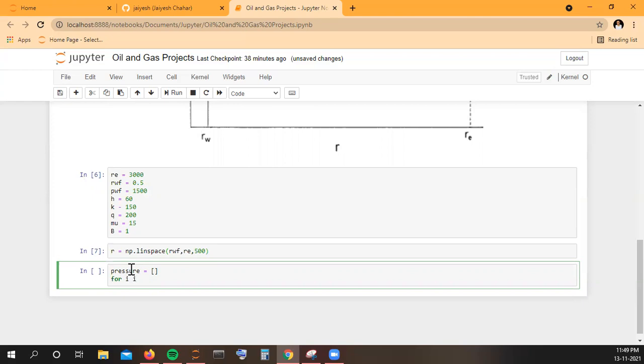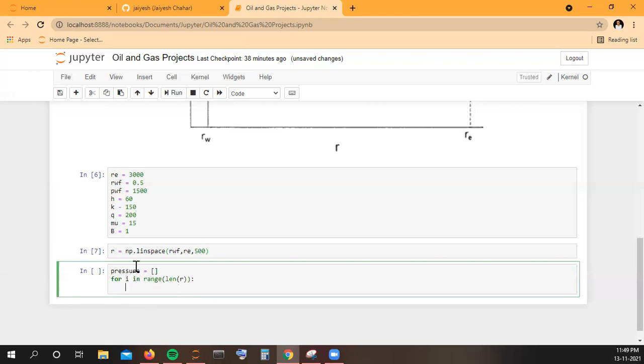So let it be for i in range of length of R. Why length of R? Because I want to run this for loop 500 times, because I want to calculate my pressure at 500 points. So Darcy law will be applied 500 times.